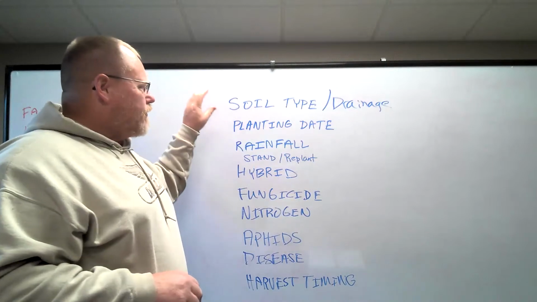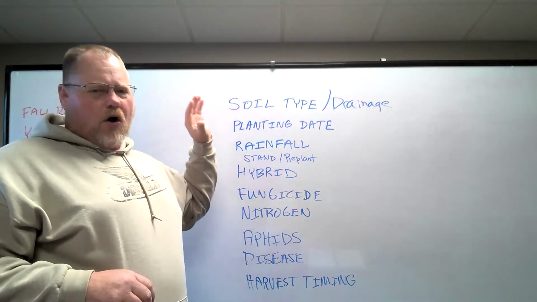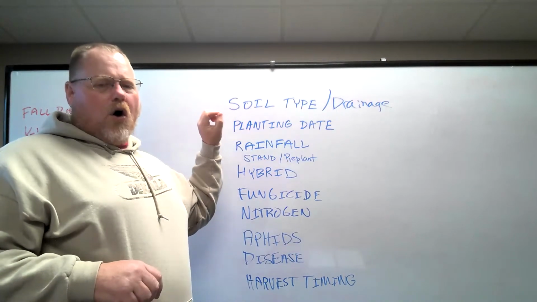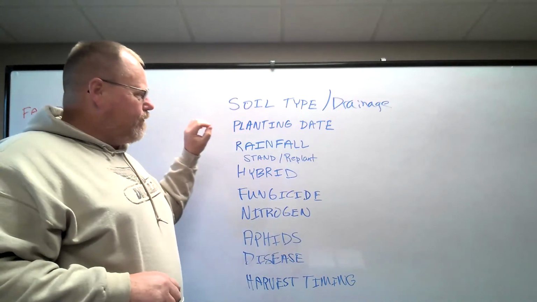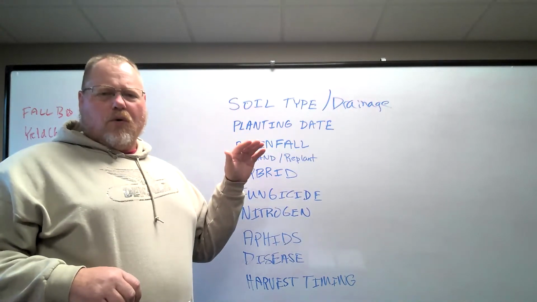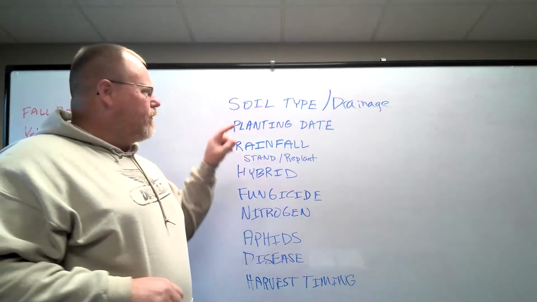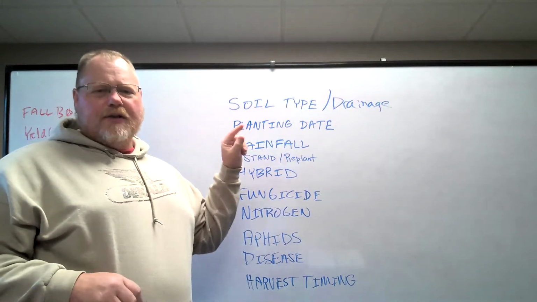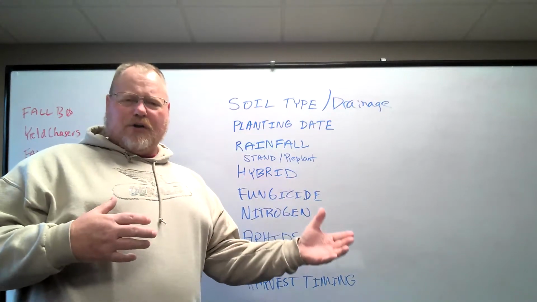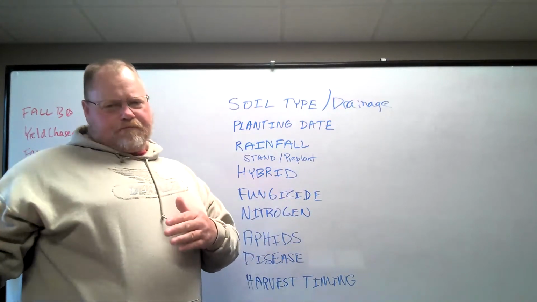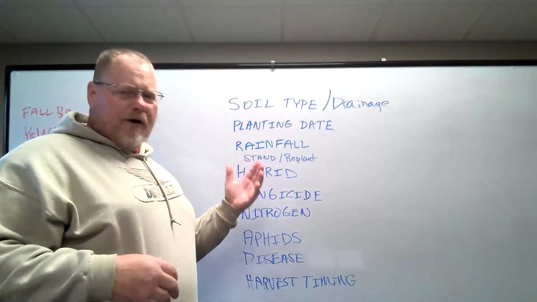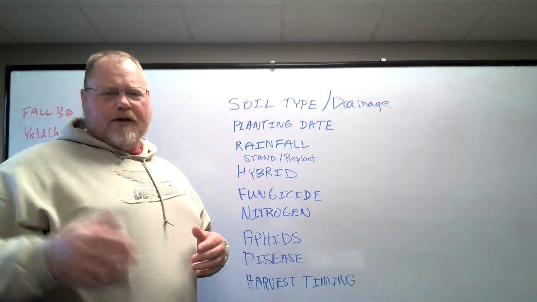So obviously soil type and drainage is always critical, always important, always a big impactor on yield. It gets confounded with the weather. Dr. Belo's 7 wonders of the corn world, weather is number one. The reason that soil type and drainage are so important is there's a strong interaction with the weather. If you've got a good soil, you can get through some less than perfect weather. If you've got a poorly drained soil and it's wet, and we're going to show you some not yield data,